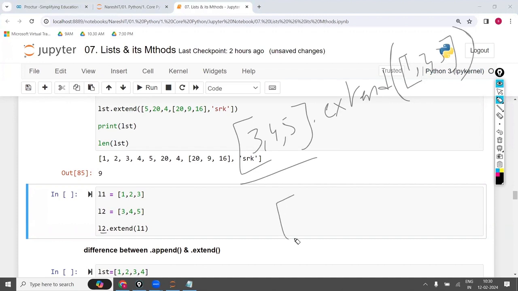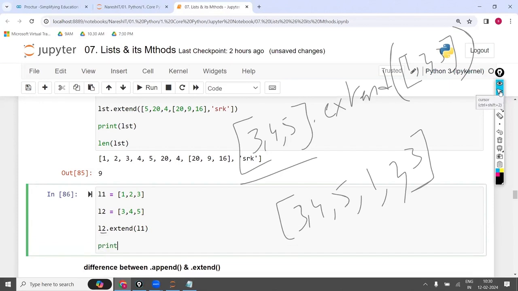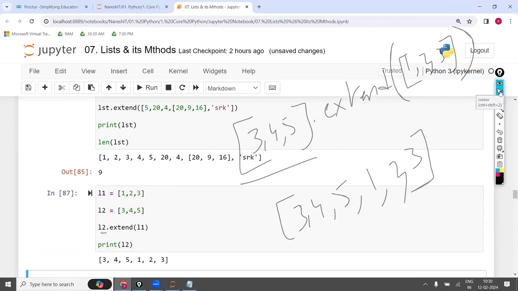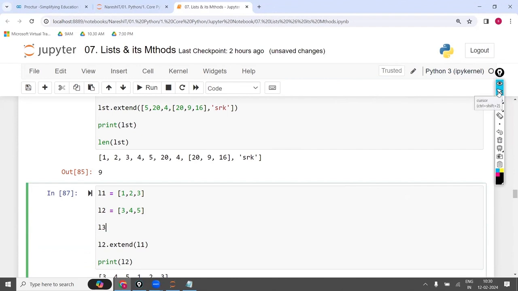So to 3, 4, 5 it is going to add 1, 2 and 3 one by one. First 1 will be added, followed by 2, followed by 3, and you get the output this way. And if you ask to print L2 now after extending, the output is like this.